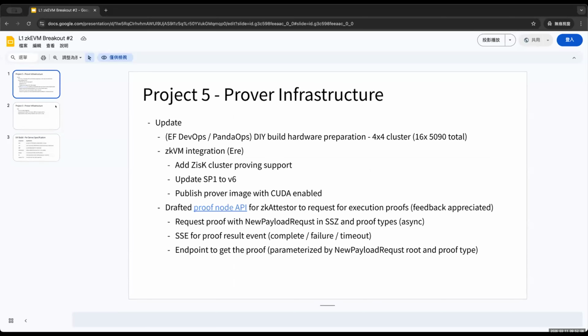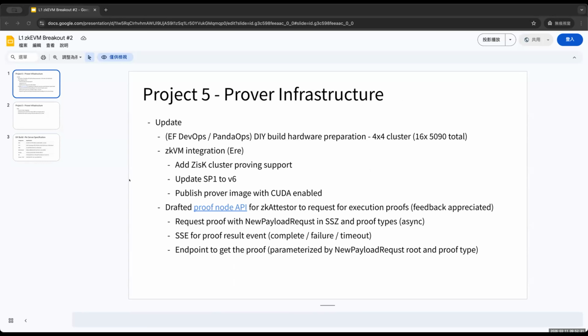Yep. Okay, so I'll give some update on the Project 5 proof infrastructure. So we have our DIY build tower in preparation. Once it's ready, we can start to use it for benchmark. It's a 4x4 cluster, so 16 total. And big thanks to the EF DevOps team and Panda Ops team's work on this.